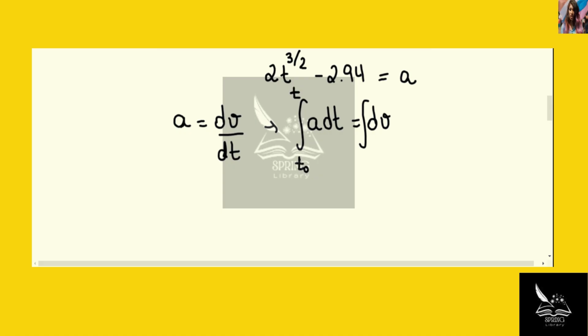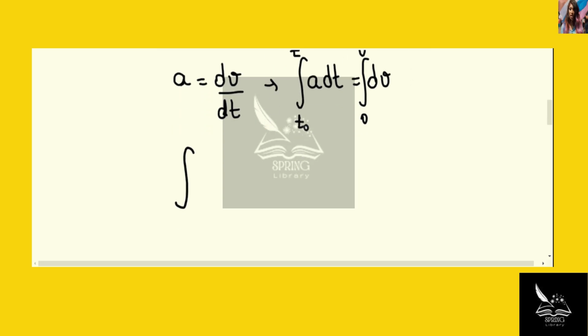And on the right-hand side, I'm going to integrate from 0 to v. On the right-hand side, we get just v. On the left-hand side, we have the integral from 1.57 seconds to 5 seconds of a,